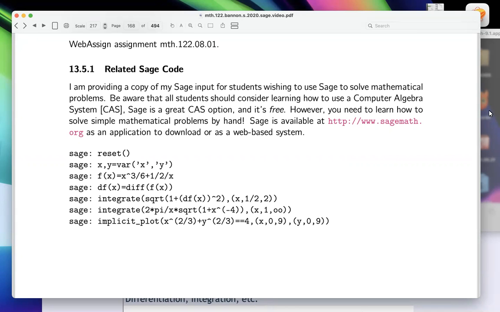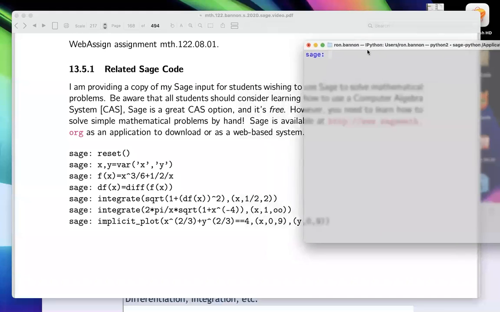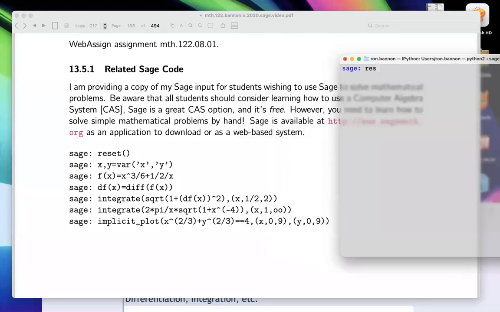All right. So I'm going to just type code in. I'm trying to learn as I type though. So reset, and then I'm going to type in the variables. It appears they're using two variables, X and Y. And I'm going to define those things as variables. First variable being X, the second variable being Y. And I'll type that in. And then it says f of X